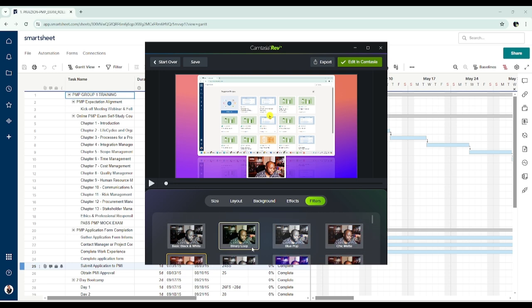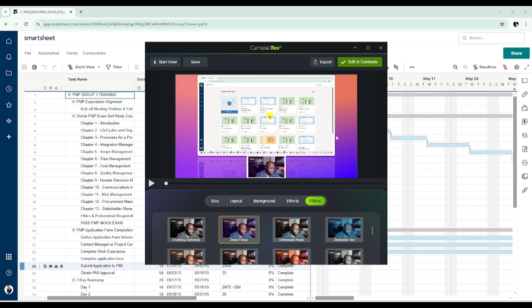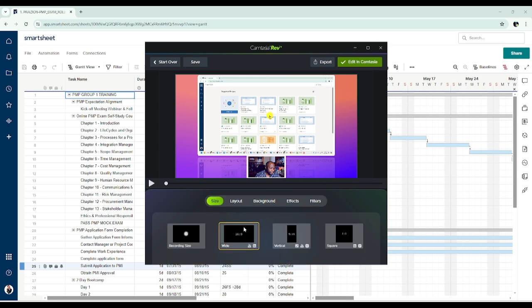Like just basic, none. So deep focus, I'll go with that. Now that I'm done selecting the size, I want it to be 16:9. I just go ahead and hit edit in Camtasia. It's that simple. You could save it if you wanted to, save it to a Camtasia project